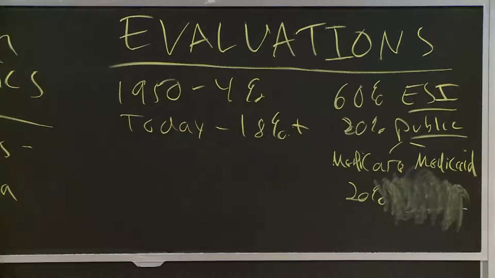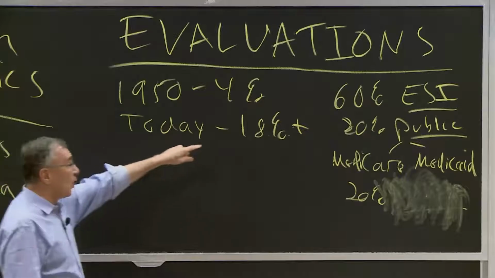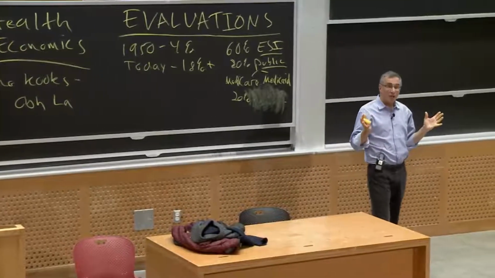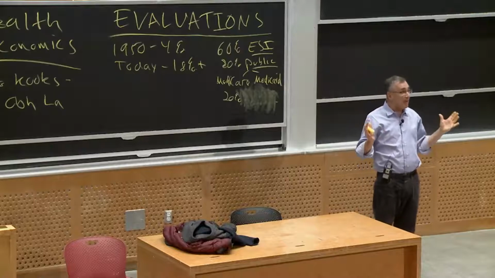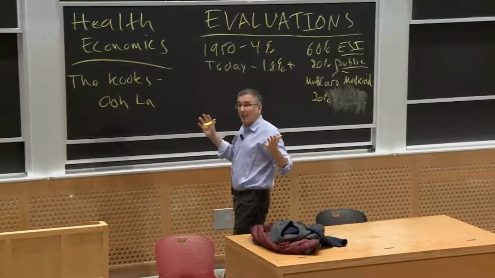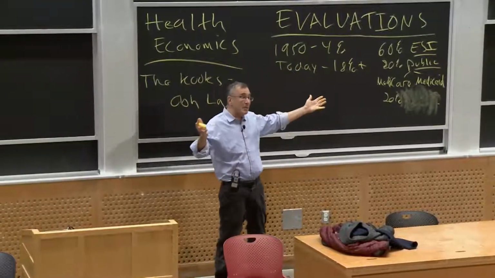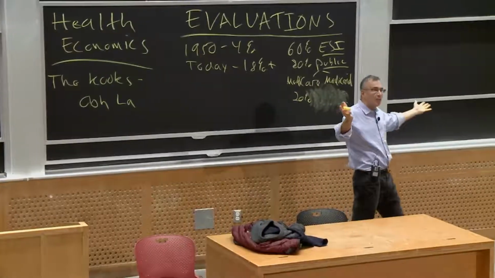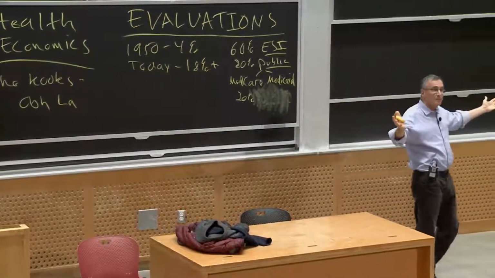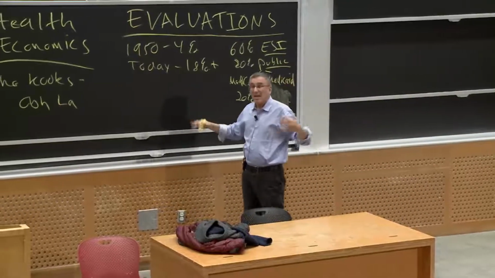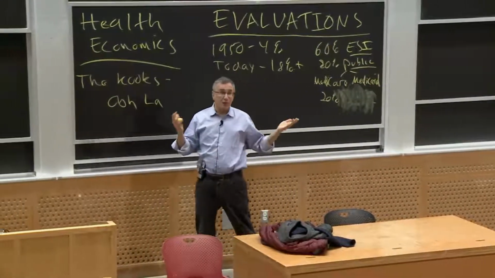What we have is a situation where, for the other 20% of people, the insurance market is broken. If you work for a big employer, the insurance market works. Remember, we learned in the insurance lecture, people want to be insured. That's optimal. They want to smooth their consumption across states. If you work for a big employer like MIT, it works. MIT offers me insurance at a pretty fair rate given the health risk of people at MIT, and I buy it. And MIT subsidizes it to help me buy it. Public insurance is typically free or low cost.